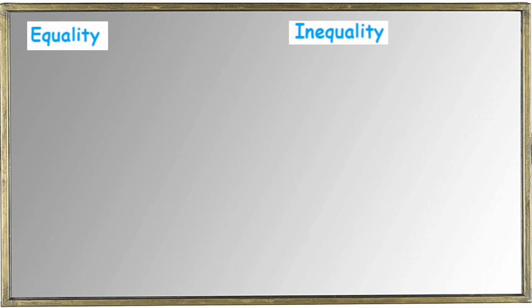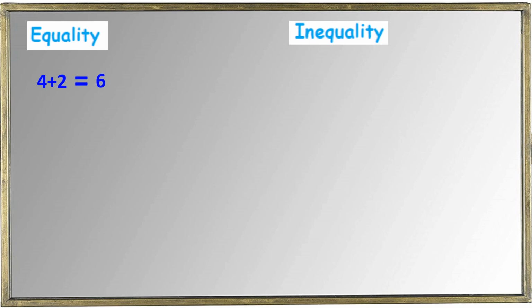So let us see equality and inequality. These two portions are very important. Just listen carefully. 4 plus 2, that we know, isn't it? 4 plus 2 is equal to 6. So here 4 plus 2 and 6 both are equal, isn't it? But 4 and 2 are different numbers and 6 is a different number. But if we join 4 and 2 with the addition symbol, we have this 6 as an answer.